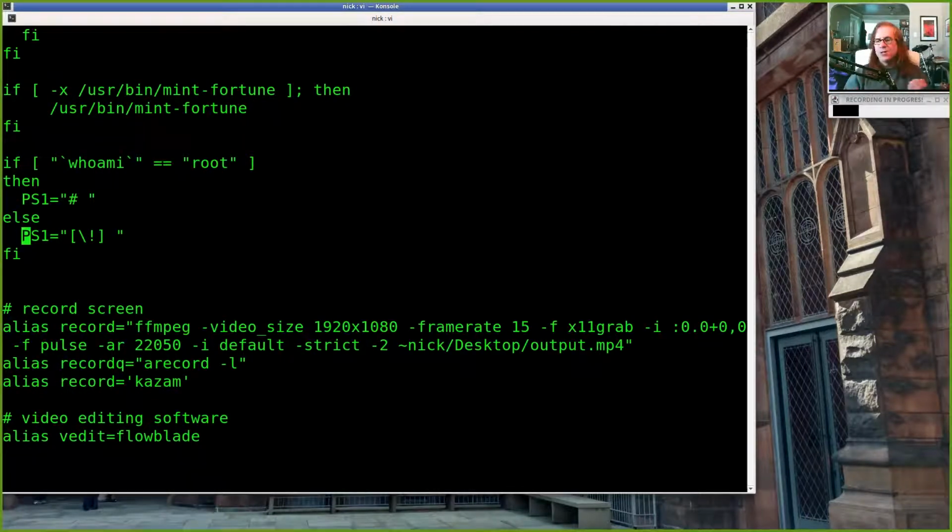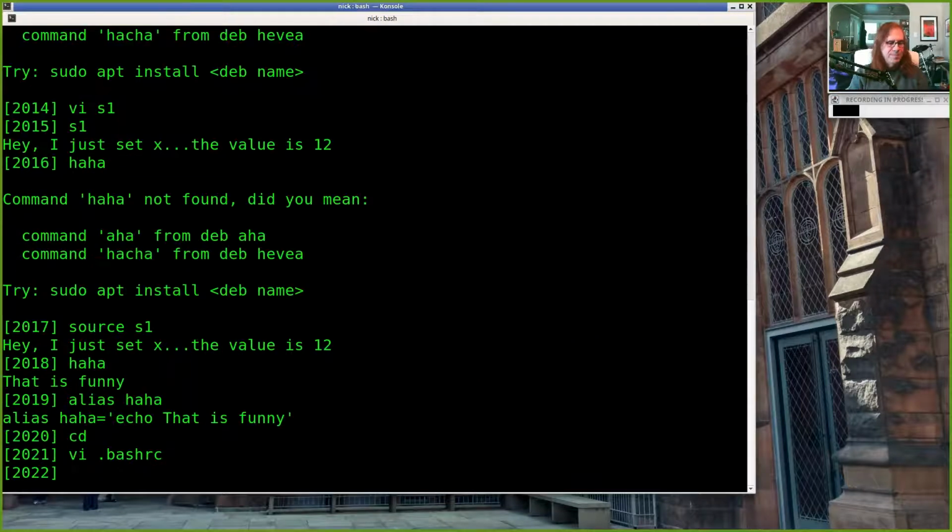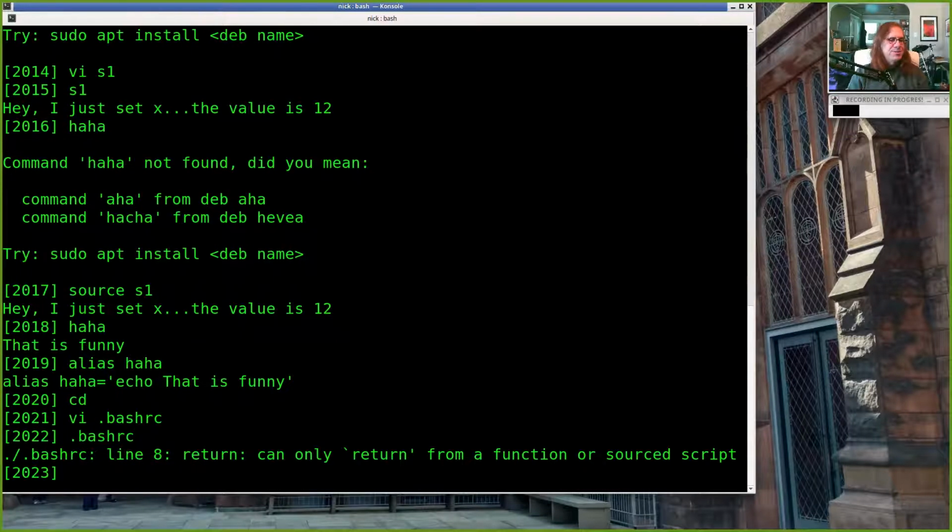And ps1 is a variable. Whatever I set it to, that's what my bash shell will prompt me with. So I could say, let's set ps1 equal hello Nick greater than space. Okay, well, if I just execute bashrc, it ran in a subshell, right? It doesn't actually change my prompt here. But if I source bashrc,